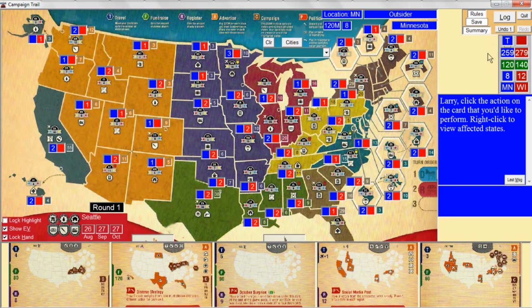My program's making the scorekeeping rather easy here, but when you're actually playing, the game comes with this nice, really thick electoral track, sort of like a big ruler, if you will, but it's a track where you take all the state tokens which are proportionally sized relative to the number of electoral votes that the state contributes. So, for instance, California, with its 55 electoral votes, is going to be 5 times bigger than, let's say, a state like Arizona, which only has 11 electoral votes. It's real neat. So you kind of put all these little state tokens into these tracks, whether it be the Republican or the Democratic or the Libertarian track,